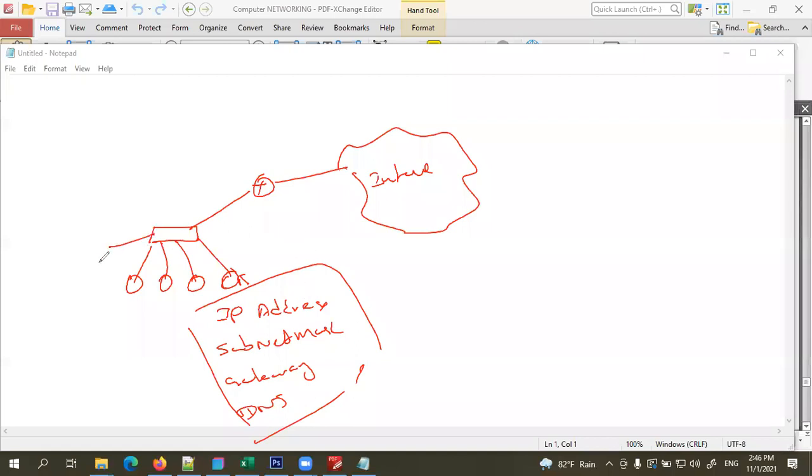If you are the administrator of this network, you have to go to each computer, log into that, and update this IP configuration in each computer manually. So that is a somewhat complex task for an administrator. If the number of computers in the network is higher, then that is very difficult.